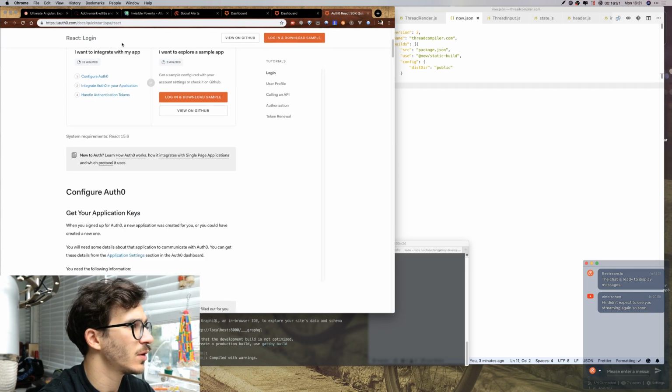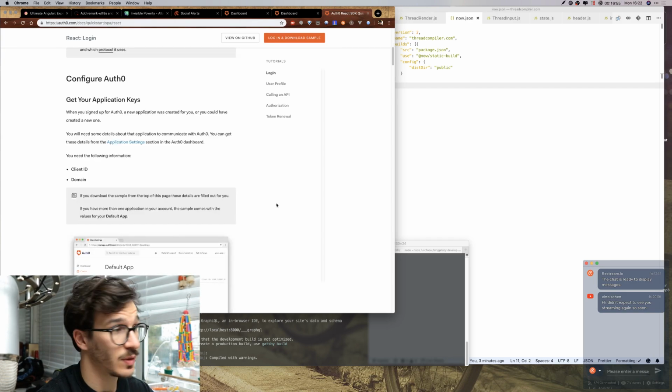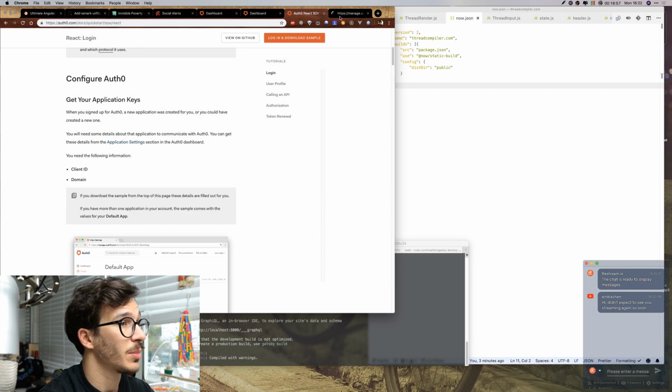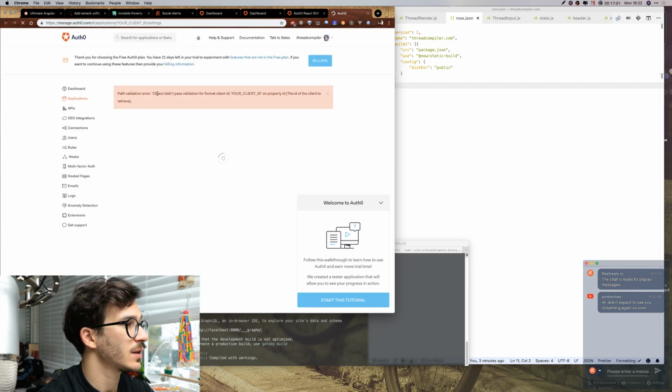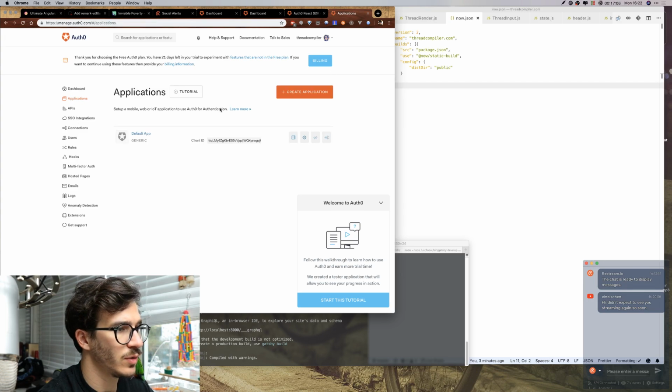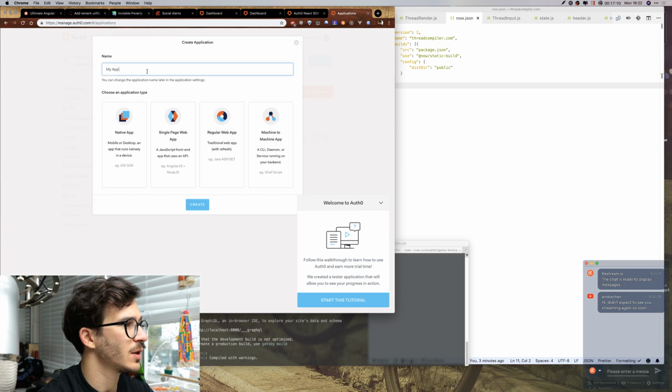So configure auth0. It says this is going to take us 15 minutes. So let's see if it really does. Application settings. Your client ID settings. Object didn't pass validation for frame. Okay, so we need to create an application. Default app. Now create application called thread